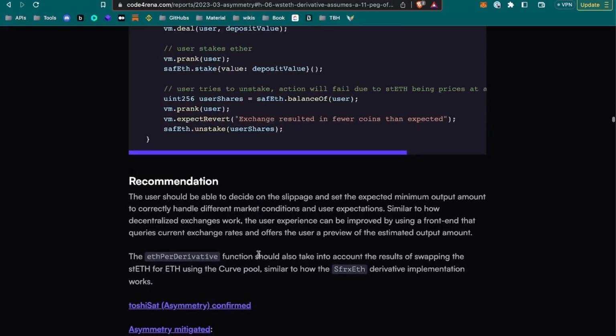Okay. And the recommendation. Let's see how to mitigate it. The user should be able to decide on the slippage and set the expected minimum output amount to correctly handle different market conditions and user expectations. Okay, that tells us that when we see some separate function for setting the max slippage, and even more if it's only owner,